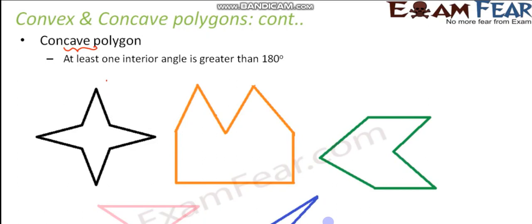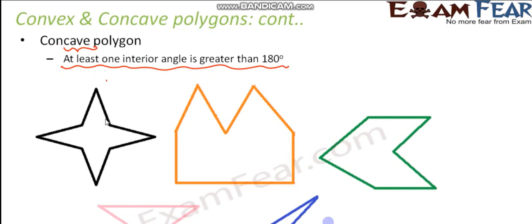As you see here, it gives cave-like shapes. In a concave polygon, at least one interior angle is greater than 180 degrees. As long as the interior angles are less than 180 degrees, it remains convex, but the moment any one angle is greater than 180 degrees, it becomes concave. And the moment an angle becomes greater than 180 degrees, it forms a cave-like structure,